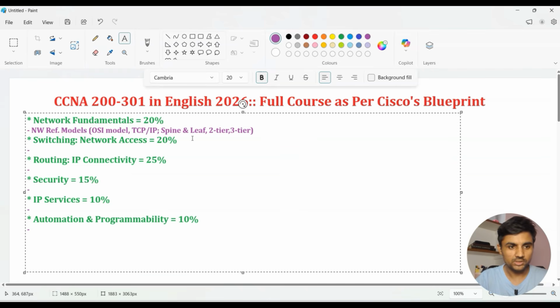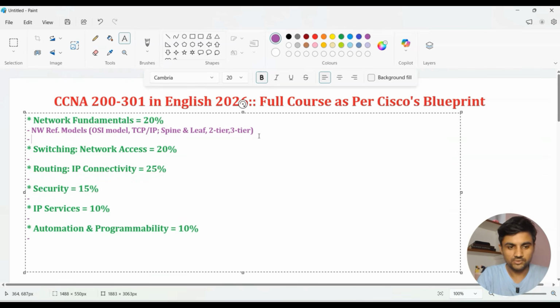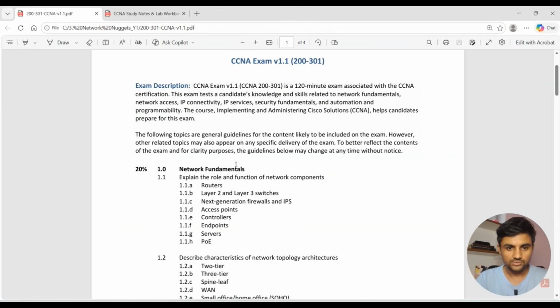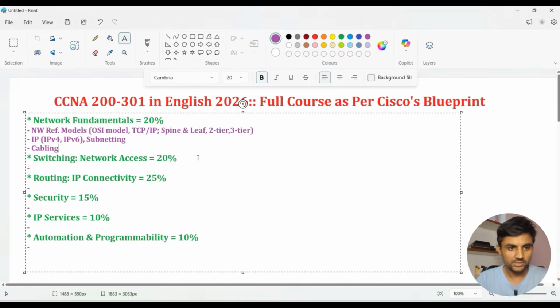So these are different models we need to understand, and then we need to be very good with the IP concepts, where we have IPv4 and IPv6, and also we should be good with the subnetting part as well. So this is majorly the part, and also I believe we have the cabling, the structured cabling, all the NICs, the layer 2 cards and all that, layer 1, layer 2 functionality. Also there we have the